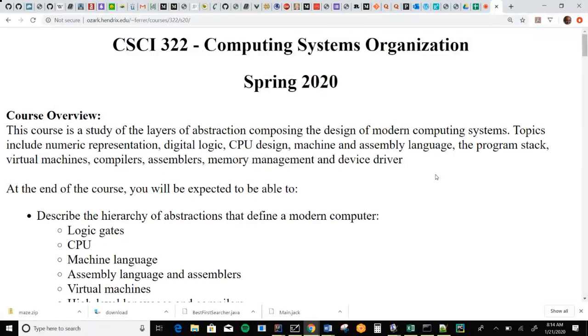So, starting with the most basic elementary components, all the way up through understanding how those components produce the abstractions to which we have become accustomed. My goal for you this semester is to understand every stage of that process. How does a digital circuit become a CPU? That'll be the first part we look at.